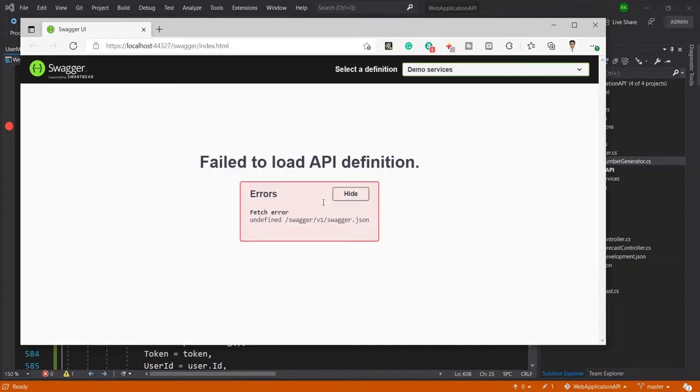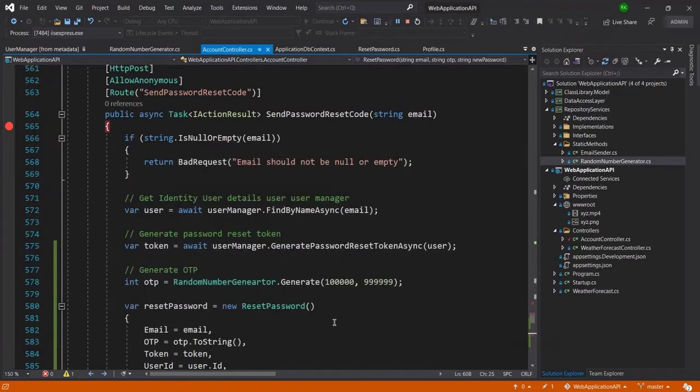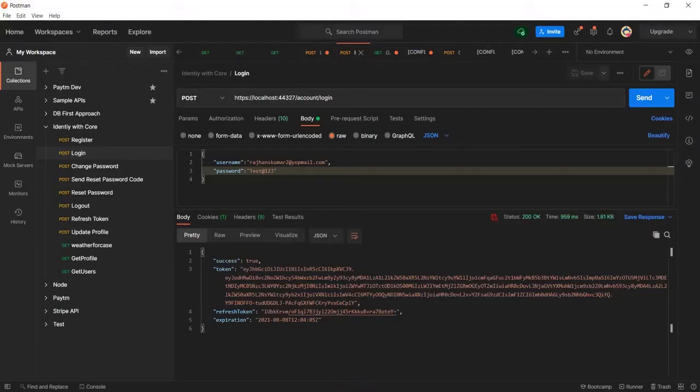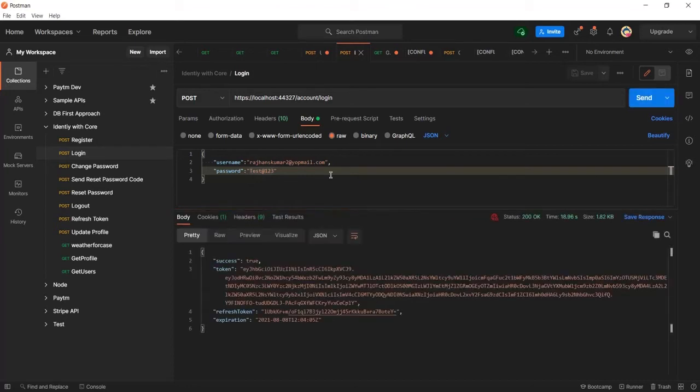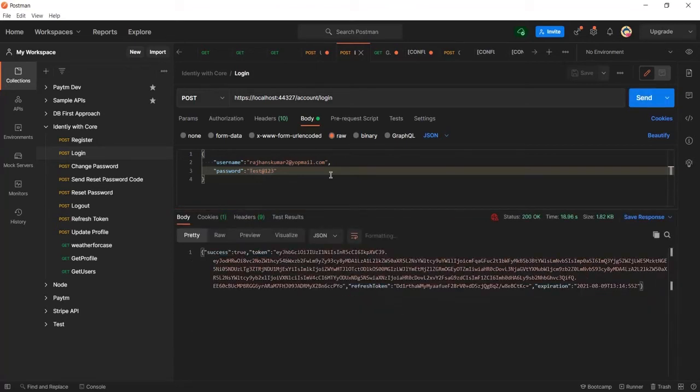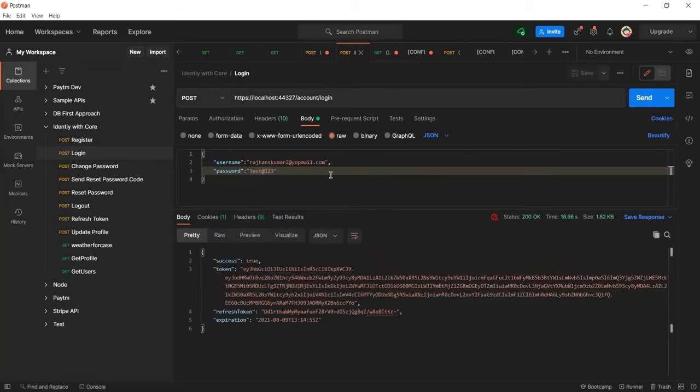As you can see, now our project is running. Let me minimize this browser and go to Postman. Here you can see I am able to log in using the test@123 credential.